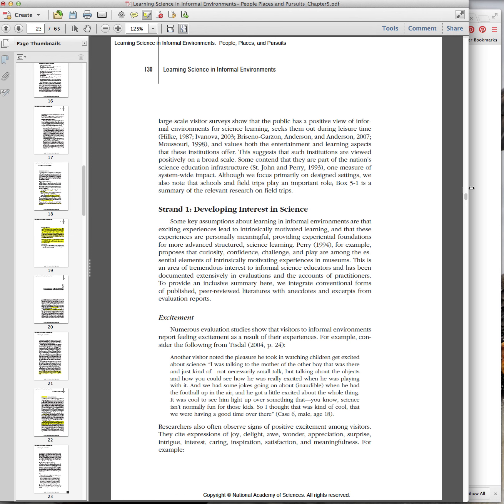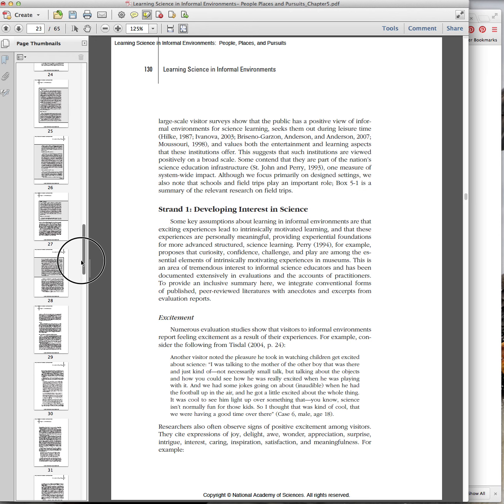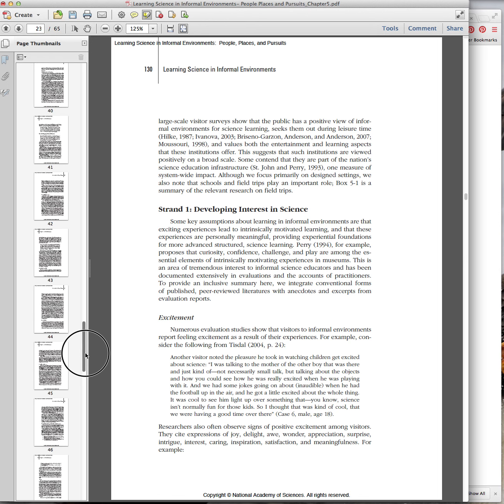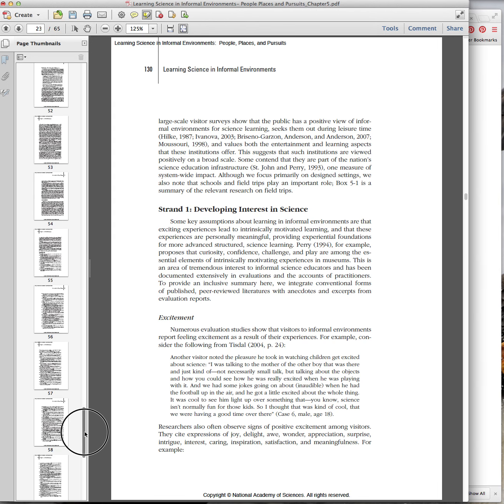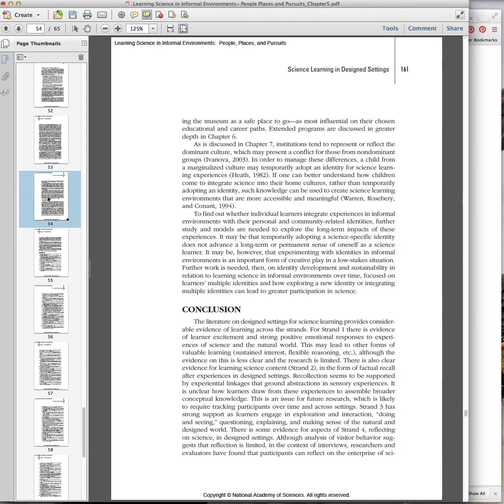Like I said before, this is not a super easy to read chapter, so what I want you to do already, go all the way down to the end of this chapter. Let's see if I can find it real quickly. And they're going to have a section which is a conclusion. Okay, in this conclusion,